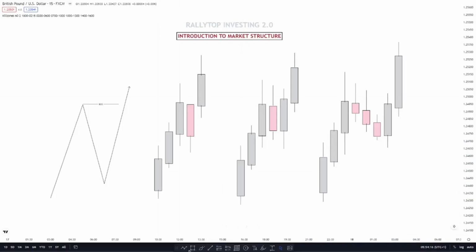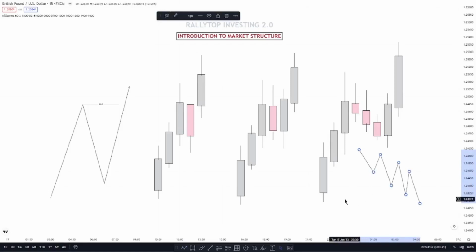The same thing in a bearish structure. You want to find impulse, correction, impulse, correction, impulse, correction, impulse. Now, the two rules I want to give you: